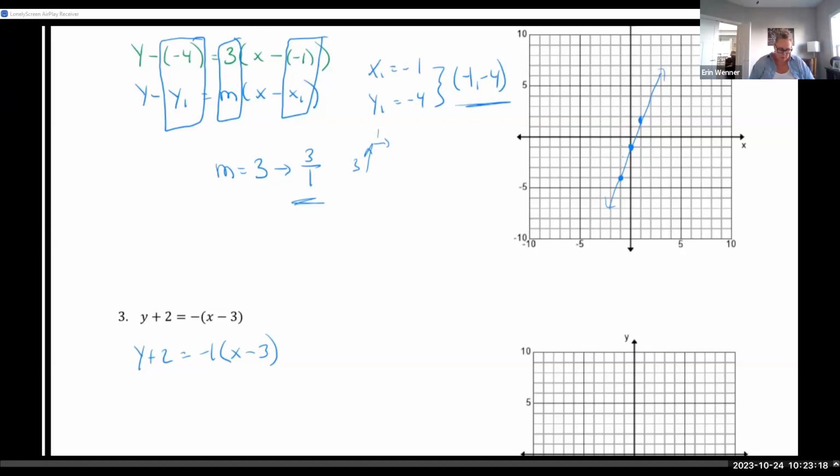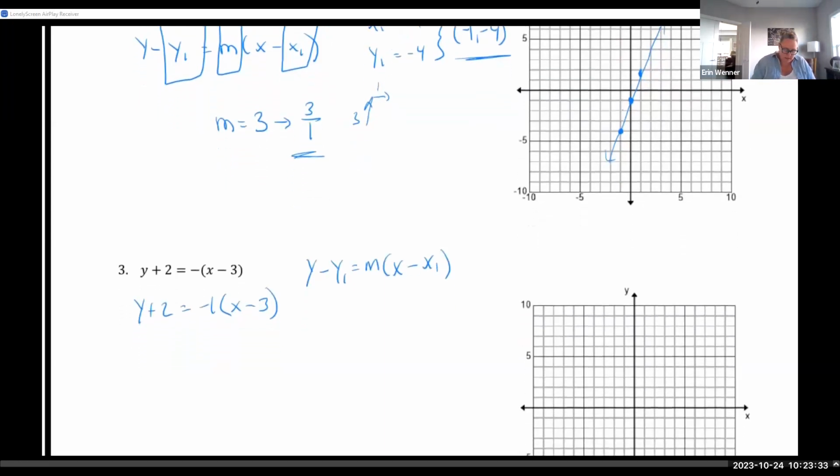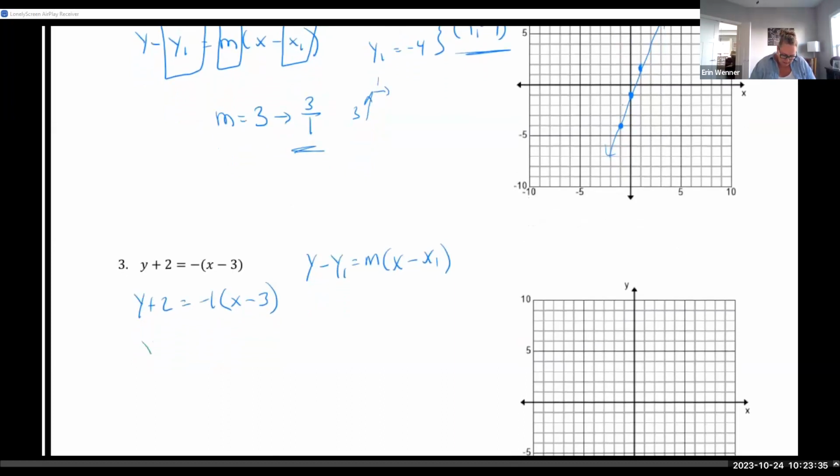Okay, so remember our generic formula is y minus y1 equals m times x minus x1. So we want subtraction signs to be there. With the y plus 2, there is not a subtraction sign. So we have to rewrite this as y minus a -2 equals -1 times x minus 3. In the x minus 3 portion, there is a subtraction sign there. So we're good. If we write our generic formula underneath,